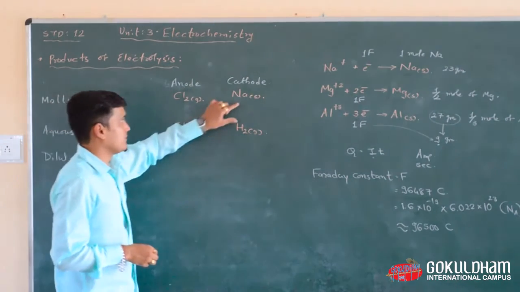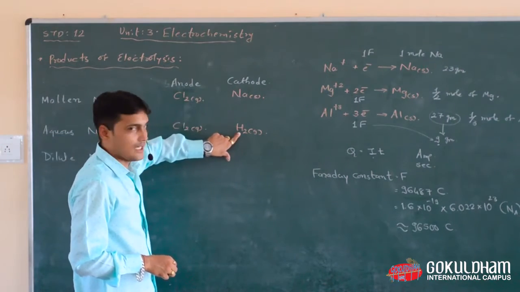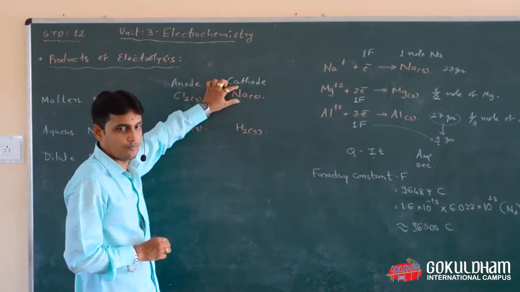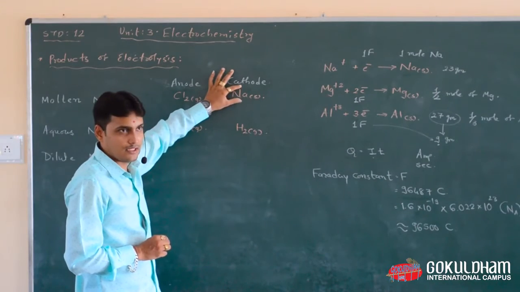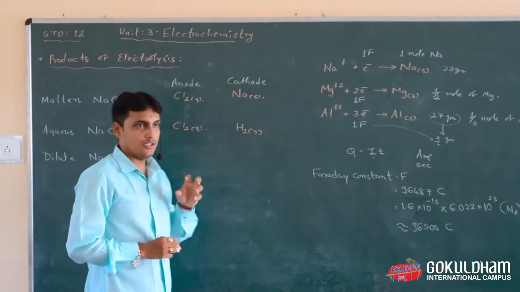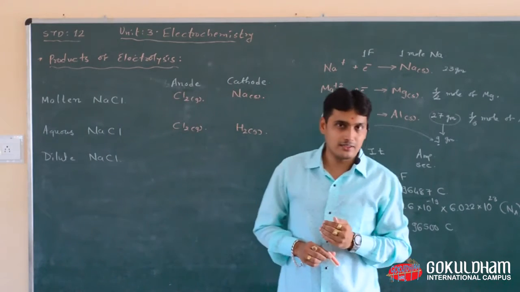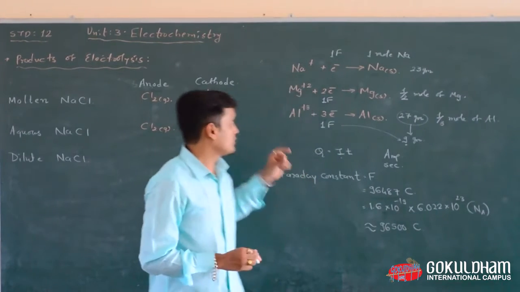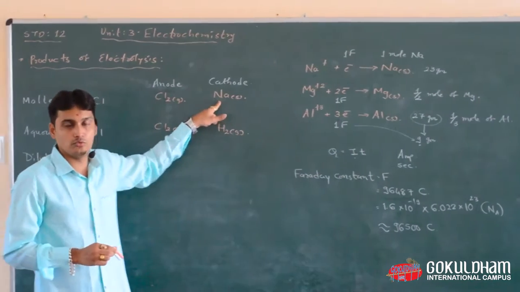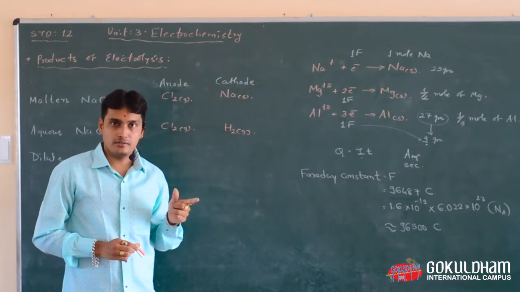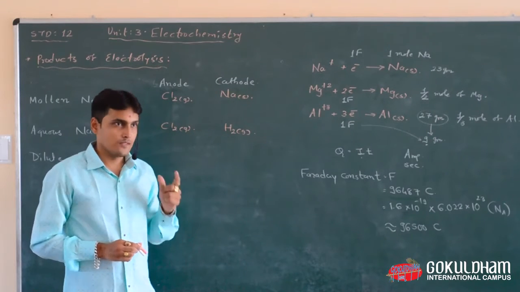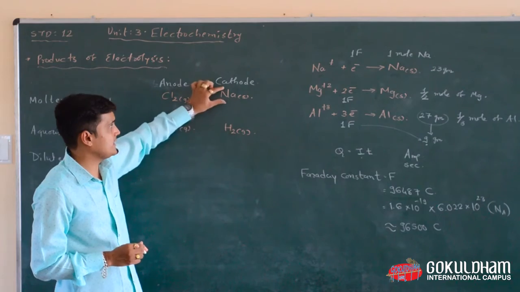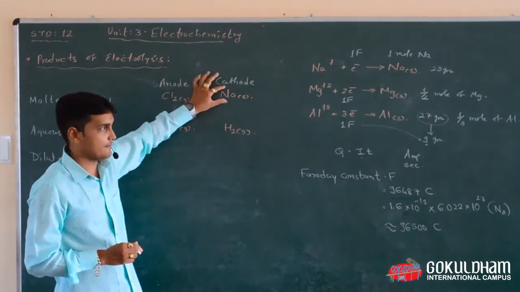How is this possible? The reduction of hydrogen is very easy in comparison with sodium. Sodium has atomic number 11, so the octet is complete after the 10 electrons. The one electron which is in the 11th position, the sodium has a tendency to release that electron. That means it is on the oxidation side. So the reduction of H2 is very easy in comparison with Na.